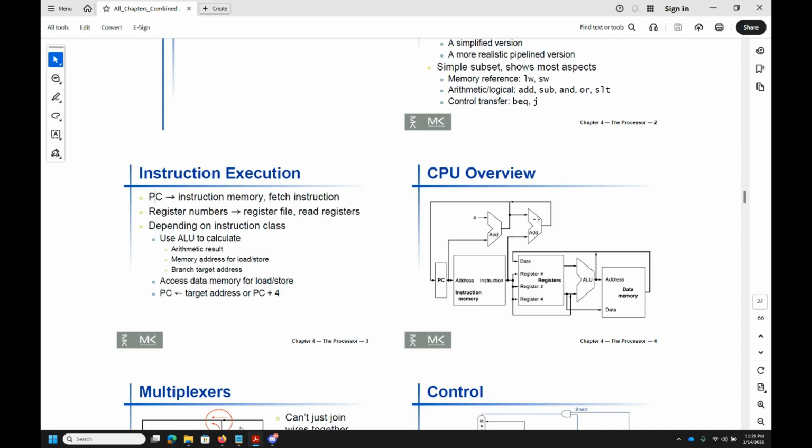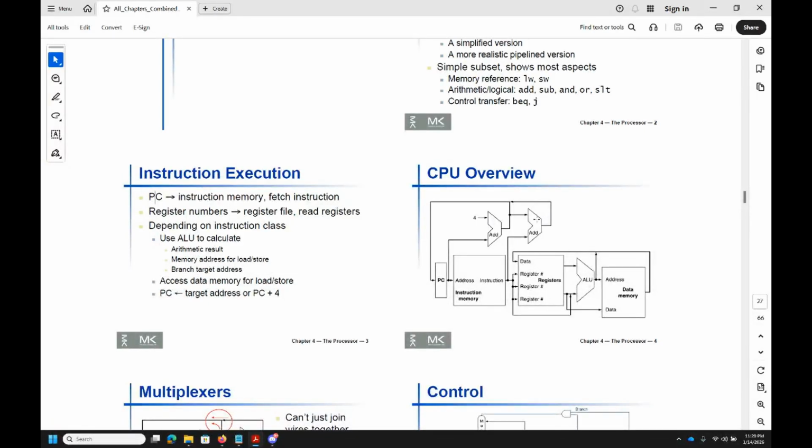You have four parts. You have something known as a program counter. Okay. Then you have something known as instruction memory. Then you have registers. Then you have the ALU, which is the arithmetic and logical unit. And then you have something known as the data memory. So these are the various parts of the CPU. And why they're designed this way is because you have to take certain things in. So let's say that I have four parts. Okay, I will execute this one by one.